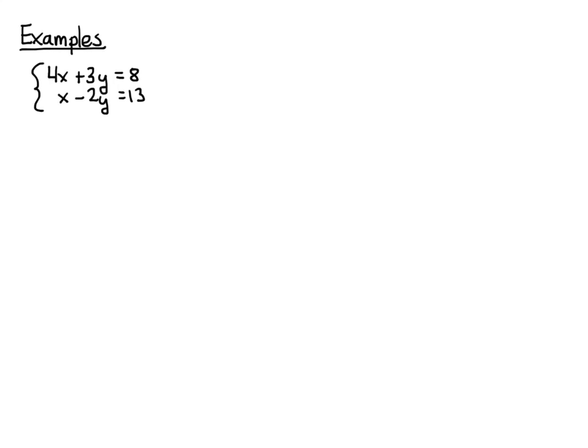So here's one, 4x plus 3y equals 8 and x minus 2y equals 13. Nothing really jumps out at you as maybe favoring the x or the y in this case. So I'm going to multiply both equations by something. Now, I notice I have a 3 and a -2 here, so this looks really good. If I multiply this first one by 2, I get 8x plus 6y equals 16. Multiply the next one by 3, so I get 3x minus 6y equals 3